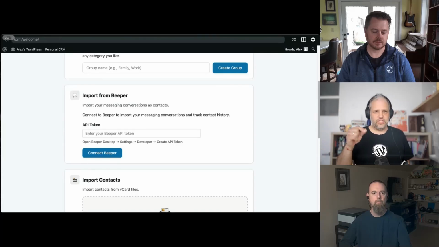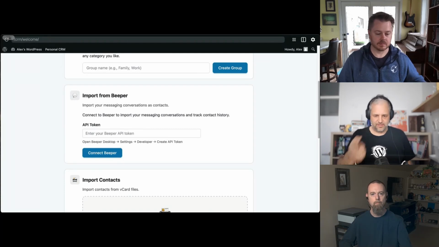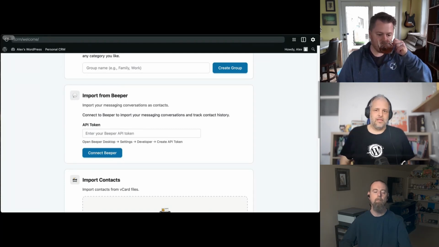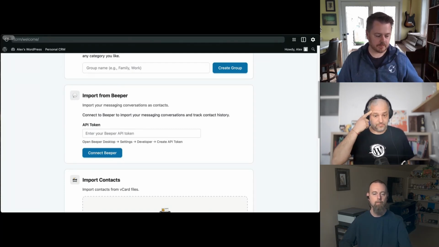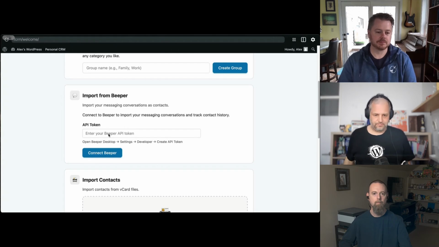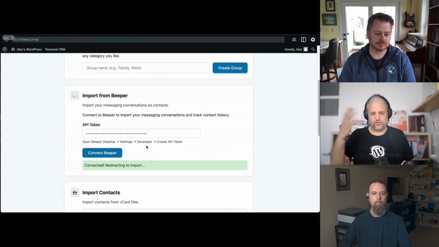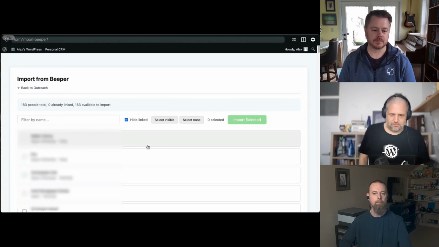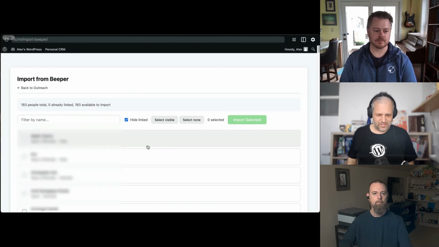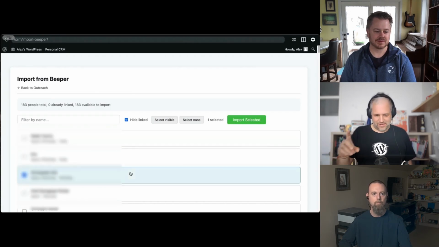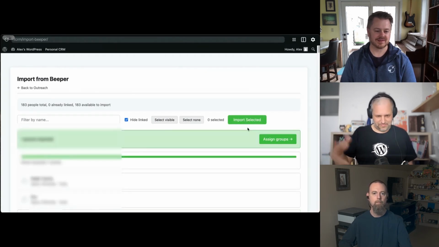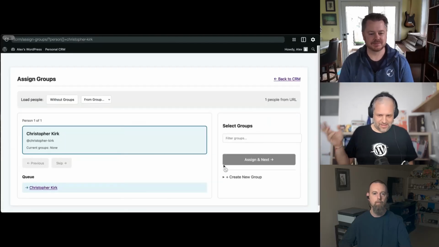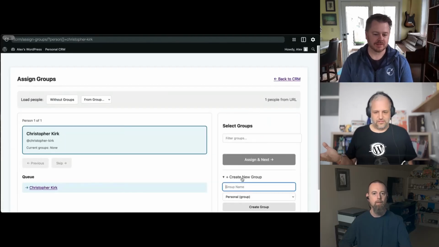So it talks HTTP to your Beeper, and you need to get an API token from Beeper. And with that token, it can communicate to your locally running Beeper. So in this case, here are my previous conversations. I've haphazardly blurred them out, but we're going to move to my brother. He's Christopher, and it will unblur in a second. I create this group, a family group,